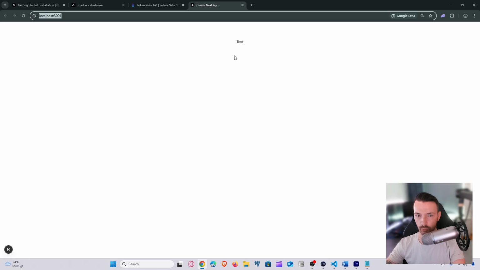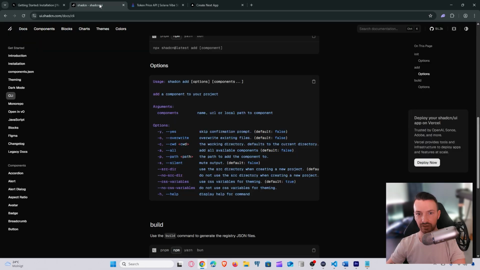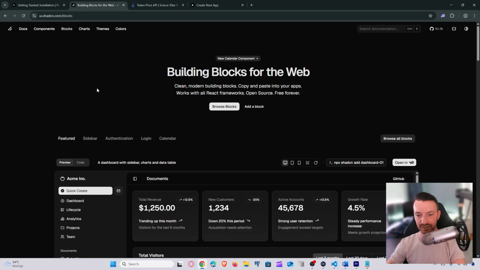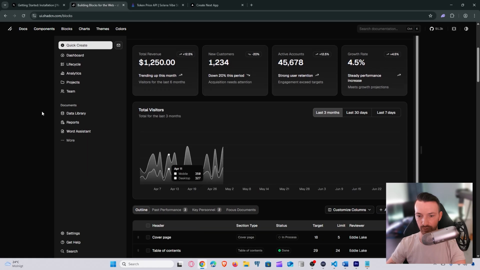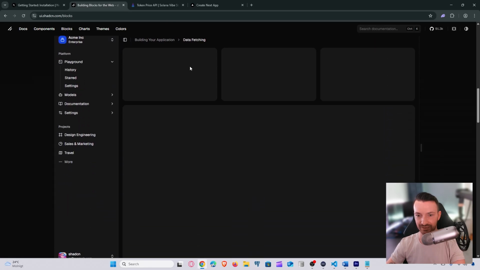So now we are ready to start building our own overview, our own dashboard that we will use to show our tokens and also our buttons to fetch the tokens, to add new tokens, to sync the token prices, and all that cool stuff. Now, besides adding buttons and components using shadcn, what we can also do is go to their blocks section. And here we can import complete blocks, complete dashboards within our project without having to actually get all these blocks